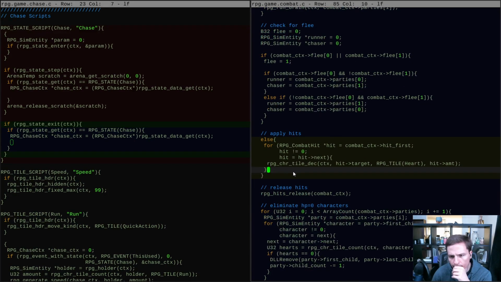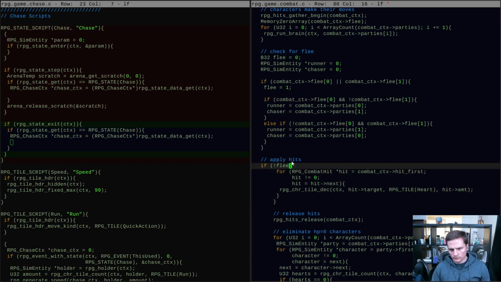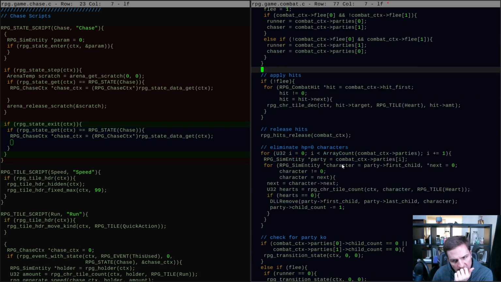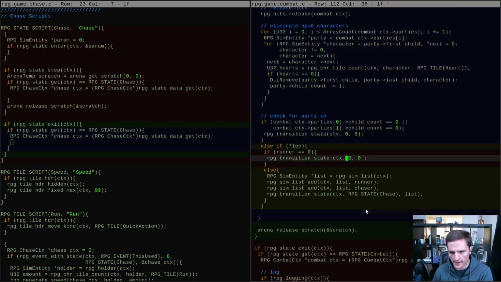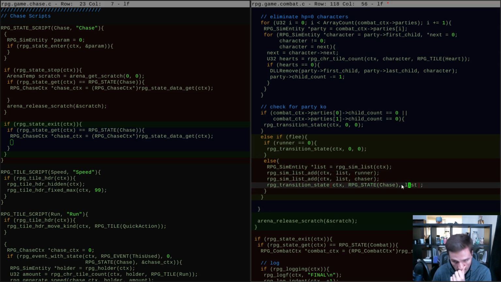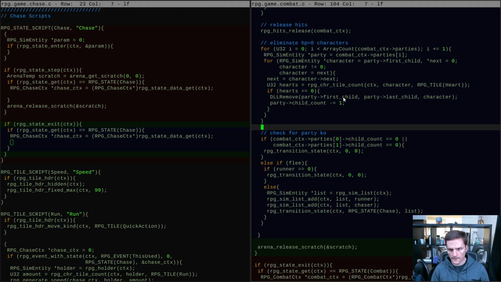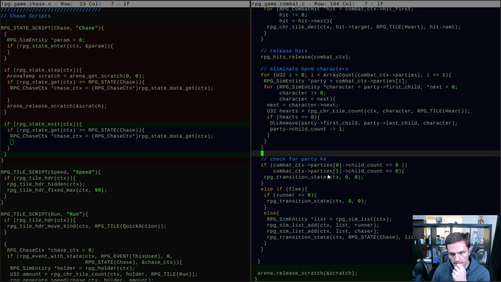Okay, so that's roughly what we want. I mean, this could get more complex. This could all be transition states that I don't know about yet. For now, those will just be ends. But if we have a flee, if we have a transition into the chase state, we actually will encode that properly. So that's cool, but